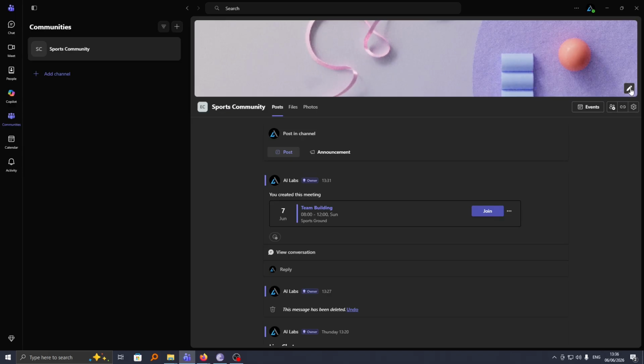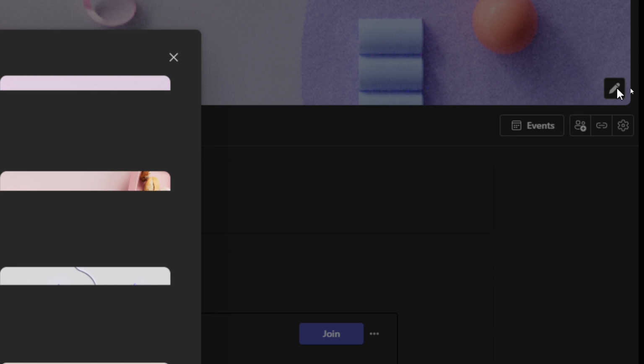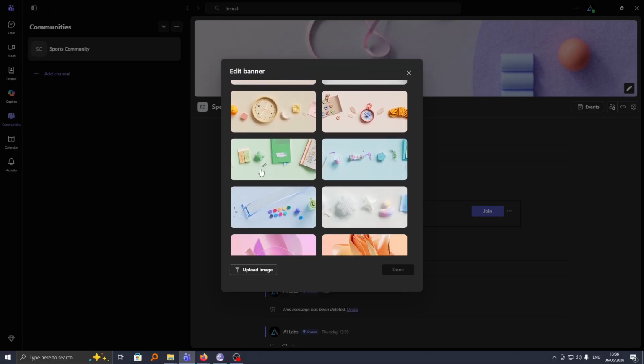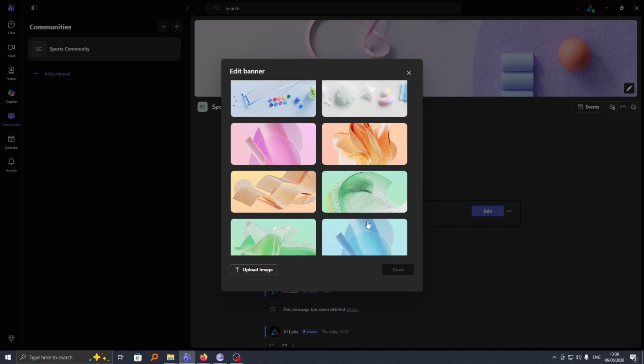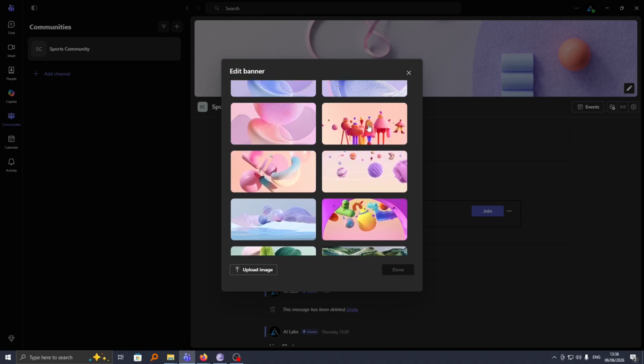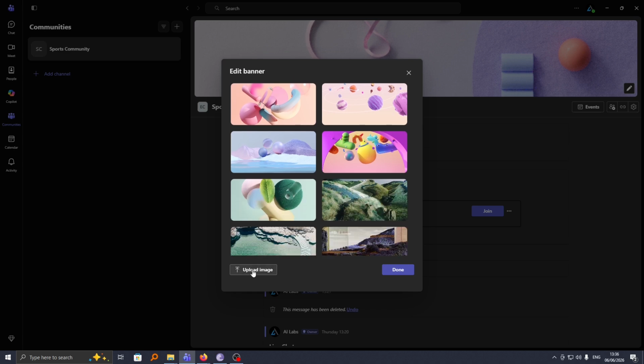To change it, hover over to the right corner here and you should see a pencil icon. By clicking on it, you can see we have pre-made banners that you can choose from, and from this you can choose your preferred one. So for instance, I can change to this, or if you want to upload it from your computer, just click